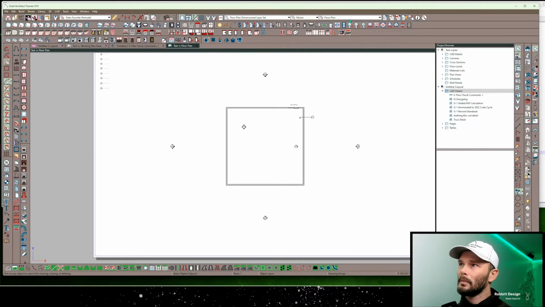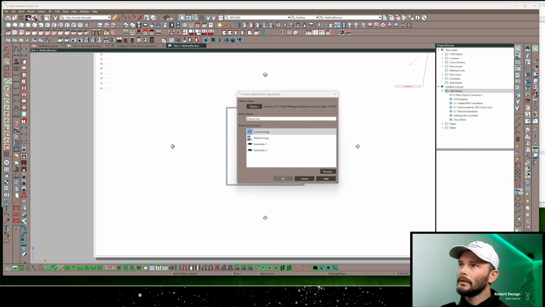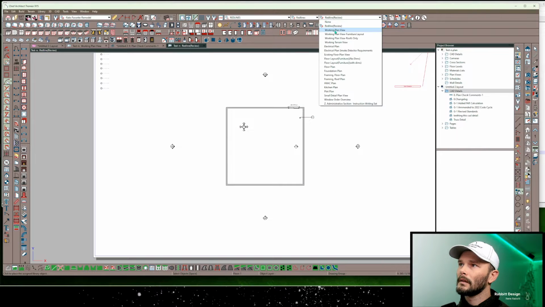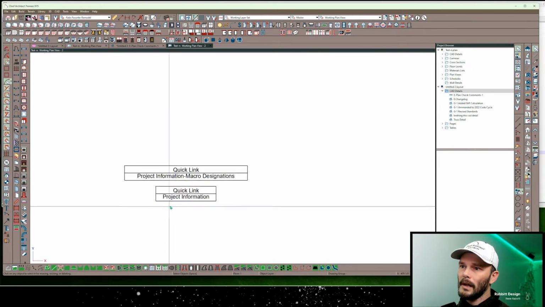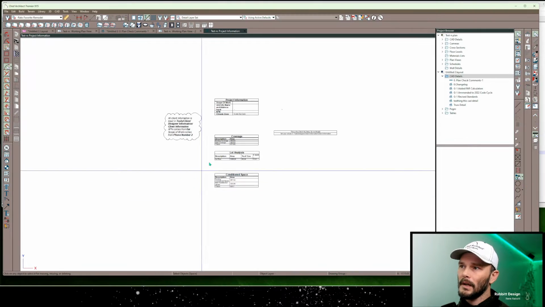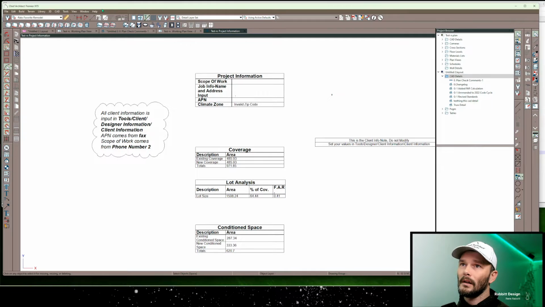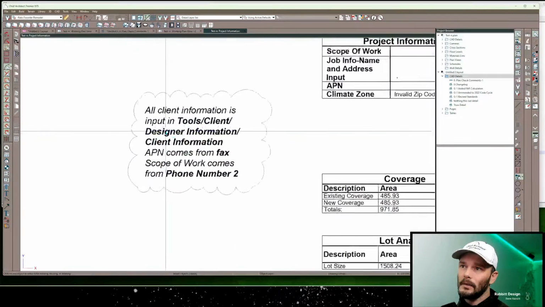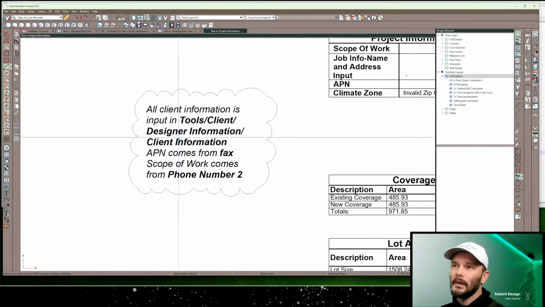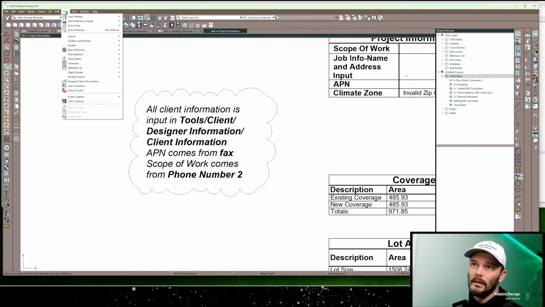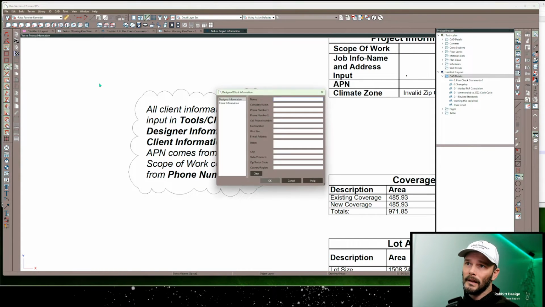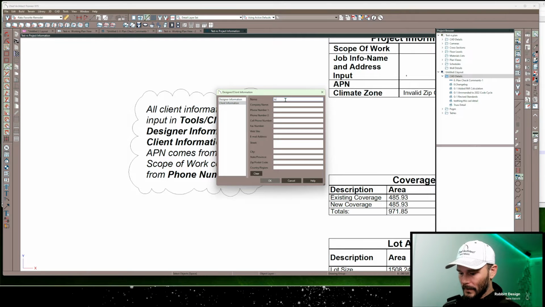And then in our pro plan, especially if you're in the working plan view, you're going to have right up here a quick link to project information. In project information, if you didn't already know this, you can always get your information right here. All client information is input in Tools, Client, Design Information. So we'll go Tools, Design, Client Information, get to the Client Information panel,